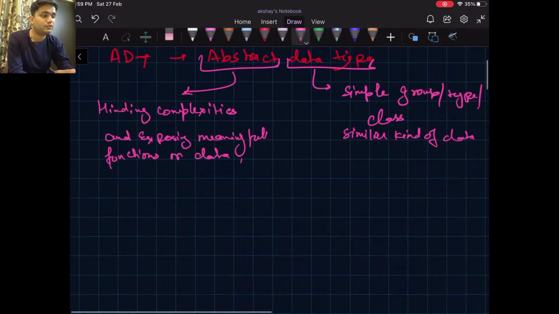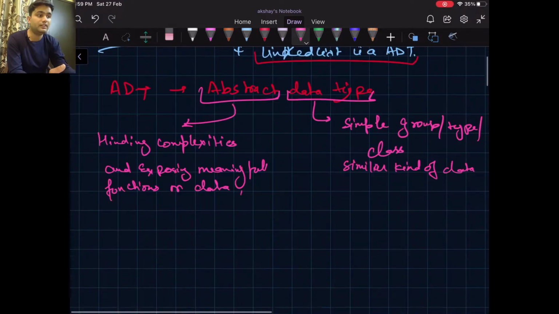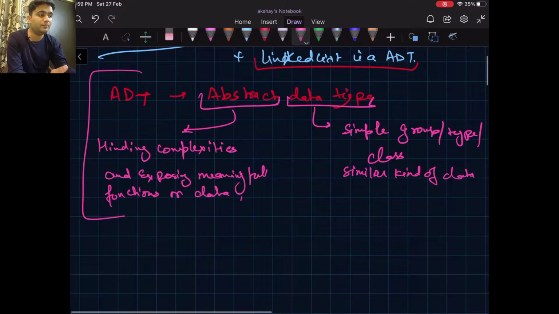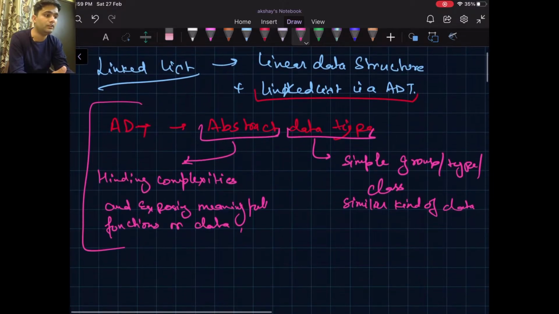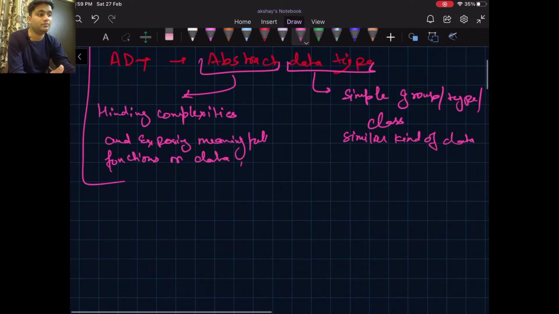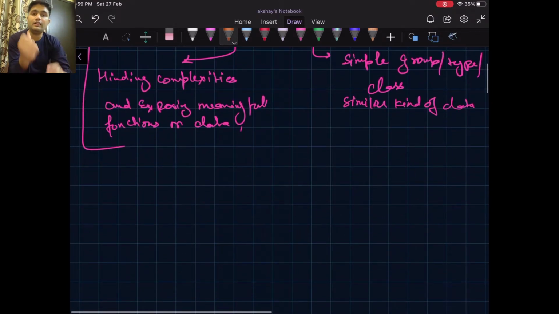Okay, so this is the ADT. We will get back to this soon later in the video. Let's describe what linear data structure means. So linear means that it follows a single straight line path. It doesn't have bifurcations like tree data structure, or doesn't contain multiple paths just like a graph data structure. It is a simple data structure just like an array. It is a single line, single path data structure.